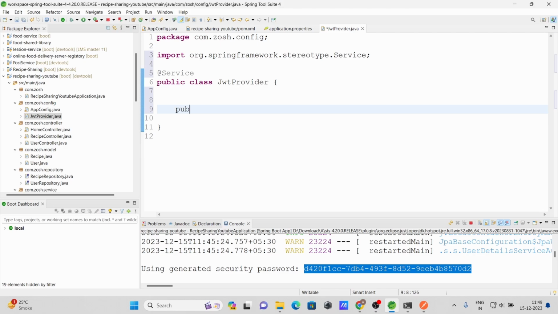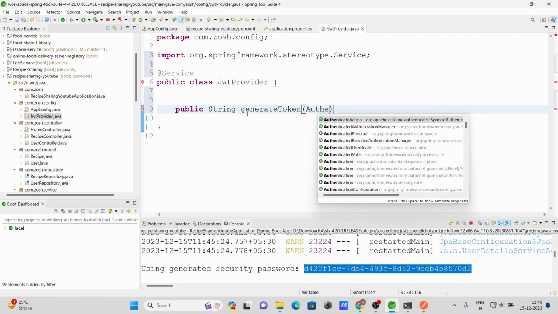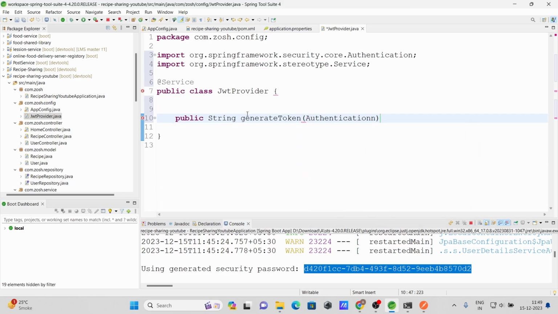and yeah, generate JWT. So public String generateToken. For generating the token we need Authentication, which comes from Spring Security, not Spring Framework Boot autoconfigure, but Spring Framework Security Core. Then here I need to pass auth,